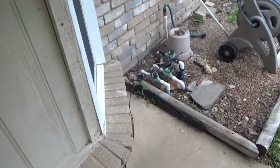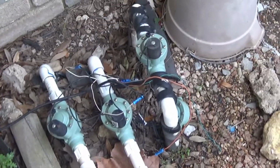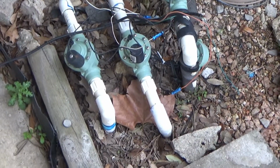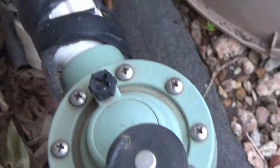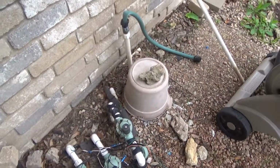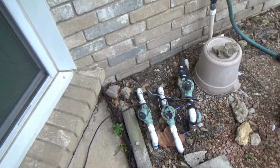Okay, this is the setup outside. It is undone for now, since it's winter time. I have no idea what station numbers these are, so it's already wired, so you shouldn't have to do it. If you want to come out here and manually do it, there's that little thing right there. Yeah, not that one, that one right there. You turn that. Water will come out of those when it's on. That's just the way it works. The front two are similar, except there's a switch lever that you turn the whole thing. You'll see that when you